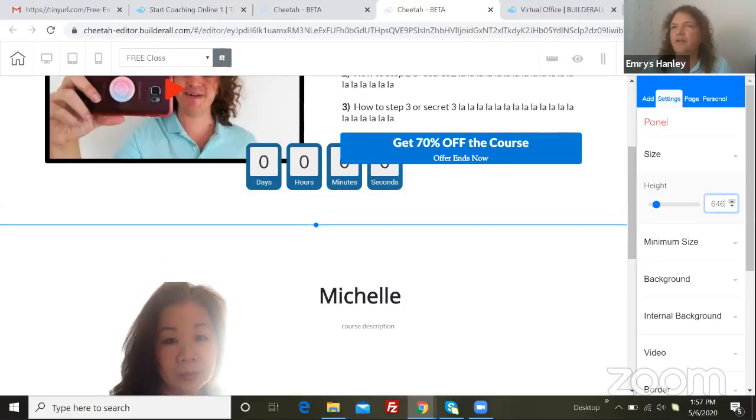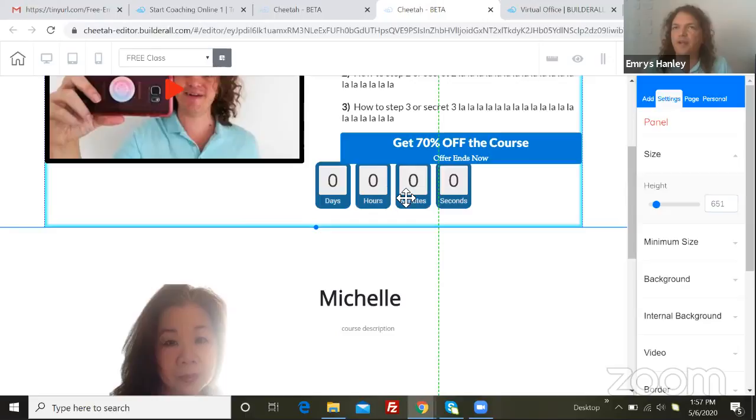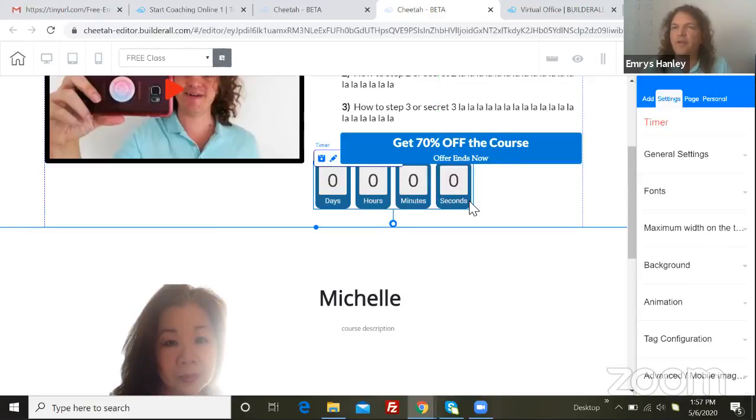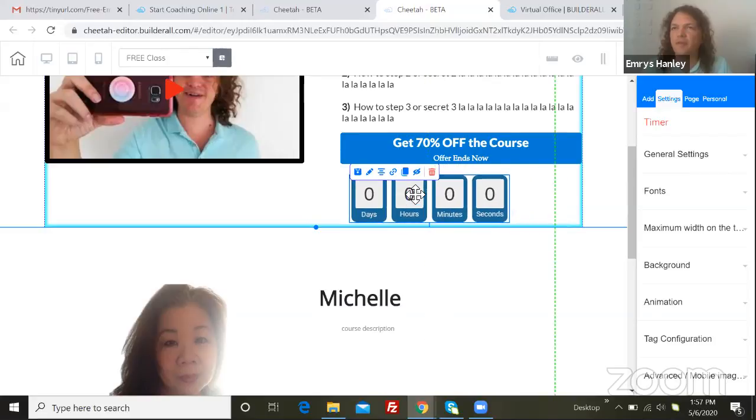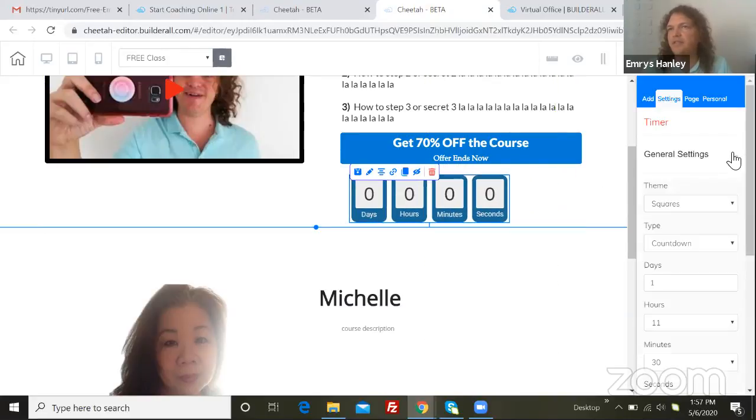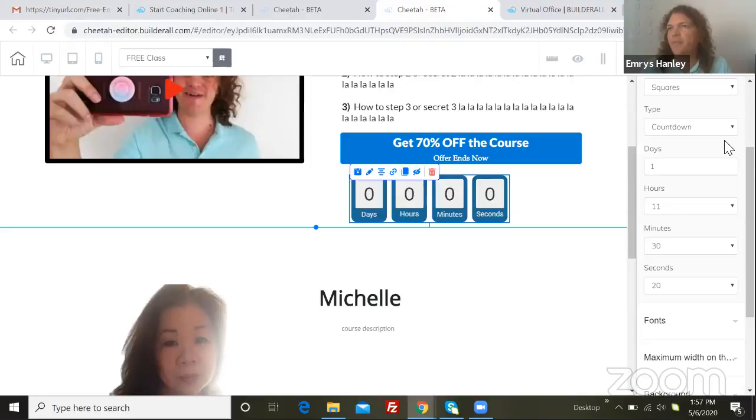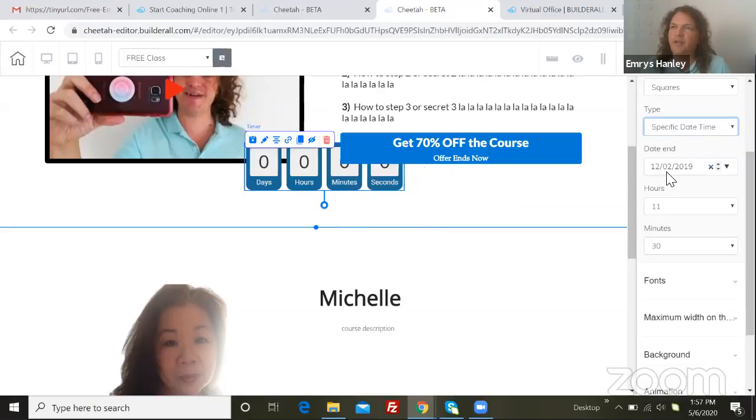To where I want it. And then I could put this timer in just by dragging it where I want it to go. And then I can change the settings for the timer. I can make it a countdown. I can make an evergreen so that it'll just always reset to a certain amount of time. I could make it a specific date and time, if I want it to be only good till,